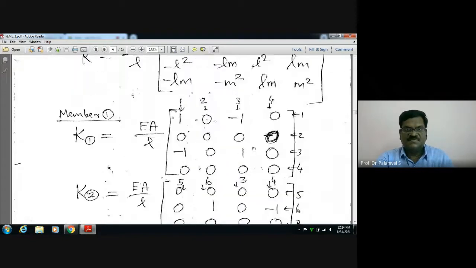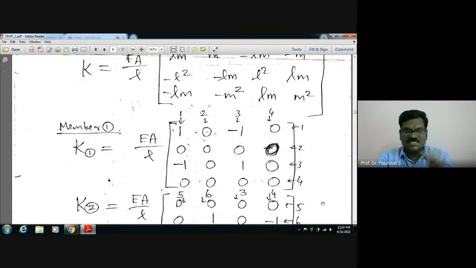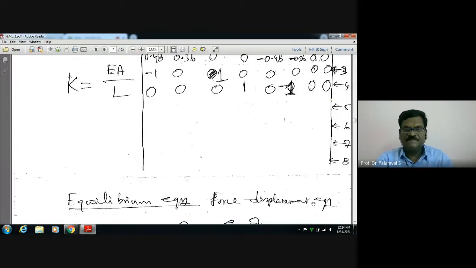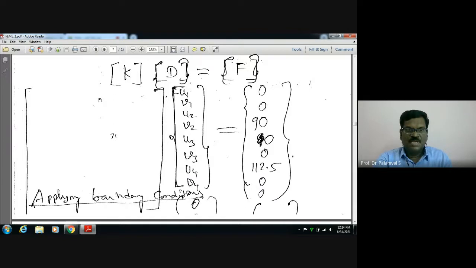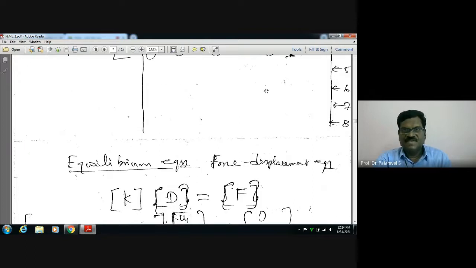Especially this element stiffness matrix and these degrees of freedom are to be written with arrows. How to assemble them. And a few global stiffness matrix coefficients, if you assemble sufficiently, you need not complete it fully, but in your class notes, keep it completed. Okay. And then you have to tell the procedure, the equilibrium equation. That is K into D equal to F, we know. So K should come here. Just put ditto, more than sufficient. This K will come here.